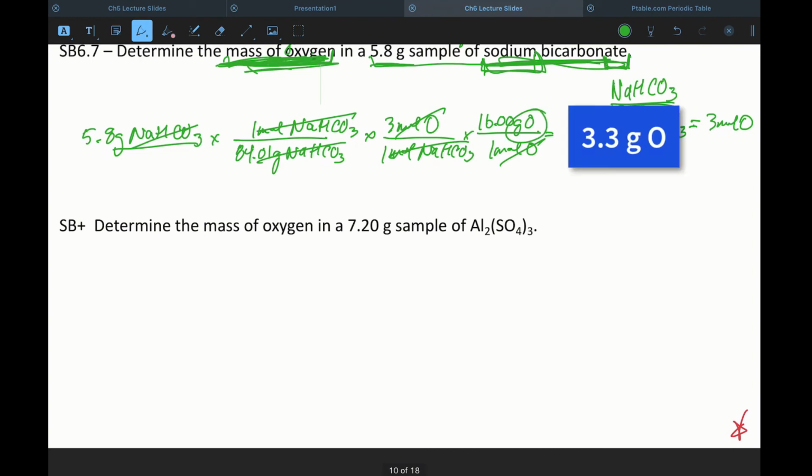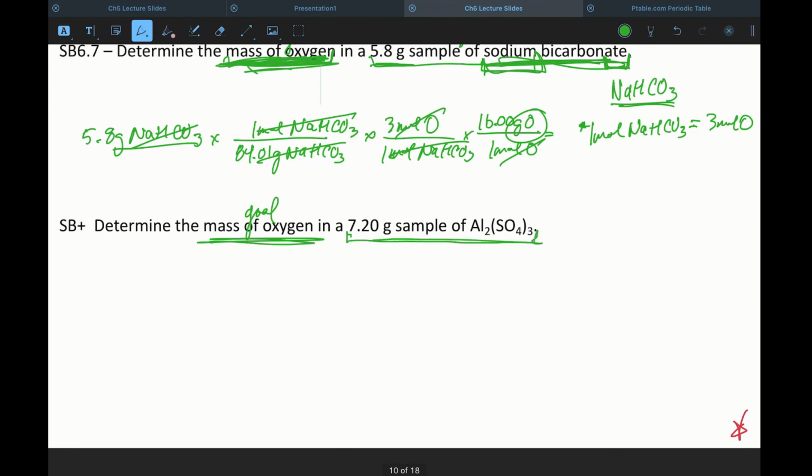Same thing. So, determine the mass of oxygen. Here's our goal. In a 7.20 gram sample of that. Same principle. Let's go ahead and write our relationships. So, oxygen to aluminum sulfate. There are 3 sulfates, and there are 4 oxygens per sulfate, which means there are 12 moles of oxygen equal to every 1 mole of Al2(SO4)3. Okay? So then, 7.20 grams of